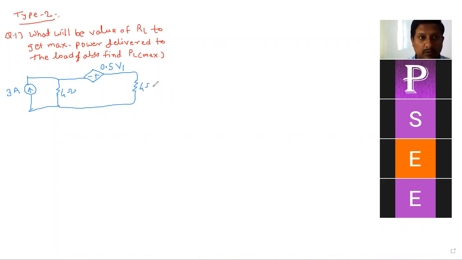So this is 4 ohm. This is variable resistor RL, and the voltage across this RL is nothing but V1. This is the plus, this is the minus. When the voltage V1 across RL changes, the value of this voltage source changes. So how do we start to solve such an example now?